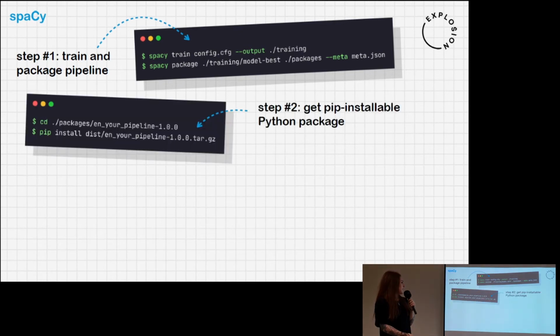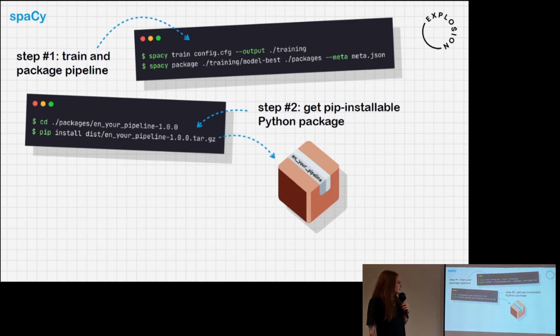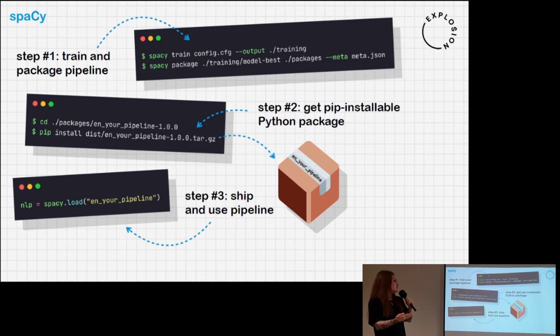And then, yeah, here that's how it looks. You get this file that's pretty much like anything else you download from PyPI. That's exactly the same thing. You can pip install it, and it will install the model in your environment. You can version it. That's the nice thing about really relying on the native tools there. You get all of that out of the box. And then you have that cool package that you can ship, you can load it, and you can use it as a part of your application.